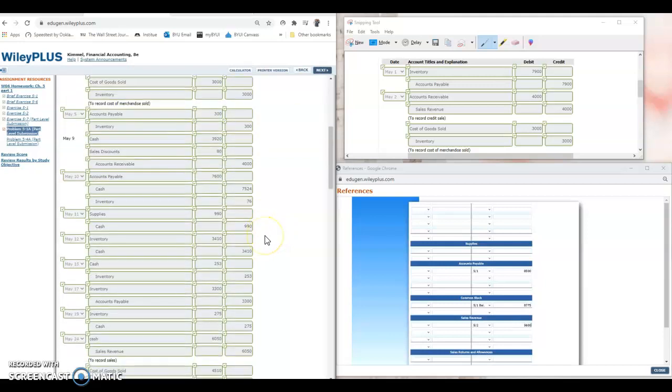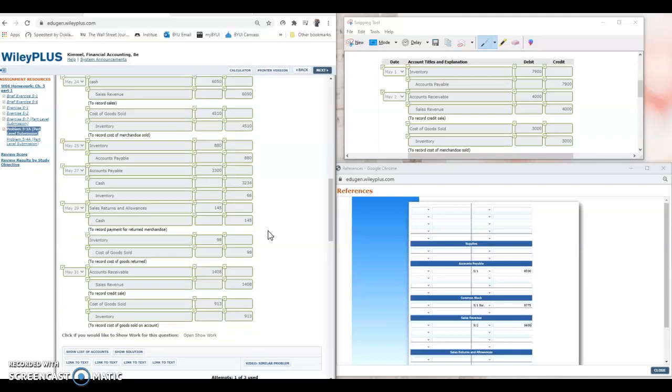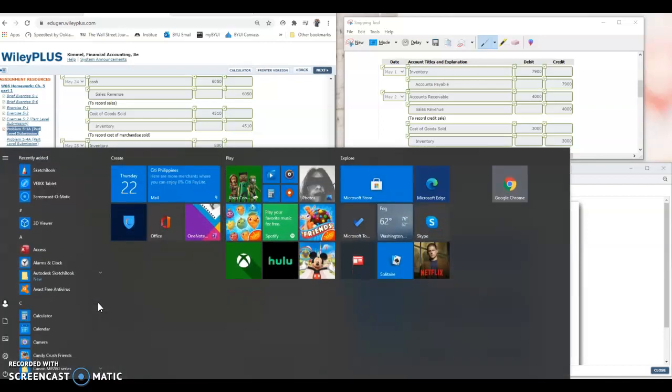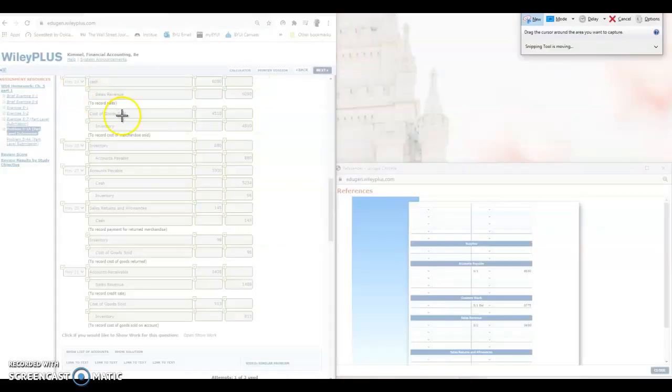Instead of referencing it back and forth to letter A, what I usually do is I use the snipping tool. As you can see here, it's a snipping tool. To pull it up, you just have to press the Windows key button. It's on the lower left of your keyboard, and then type snipping. Once you click it, this pop-up box will show up, and then you just have to click next to screenshot